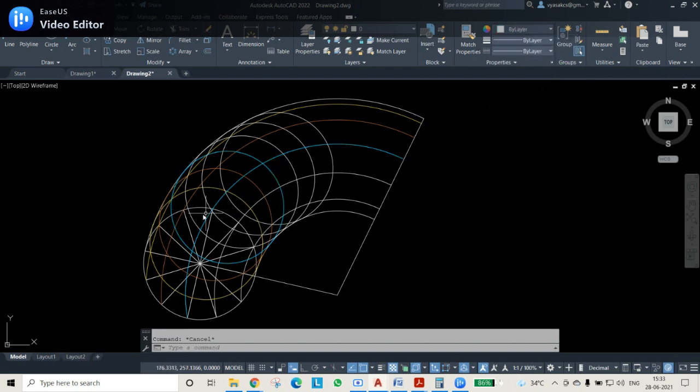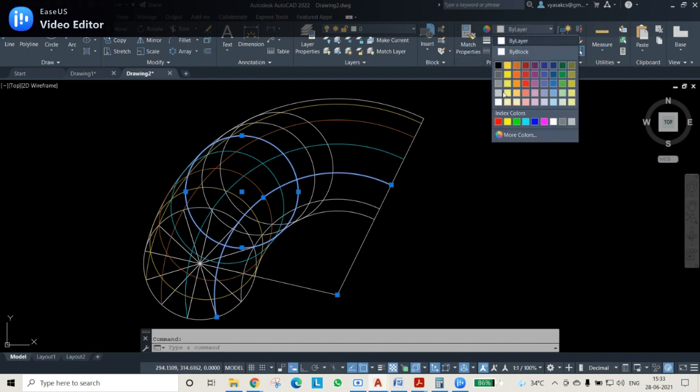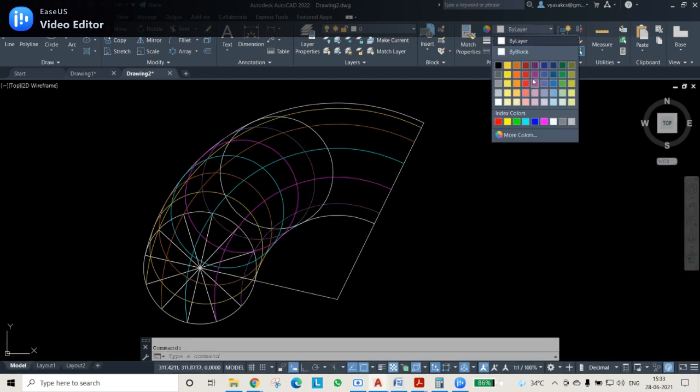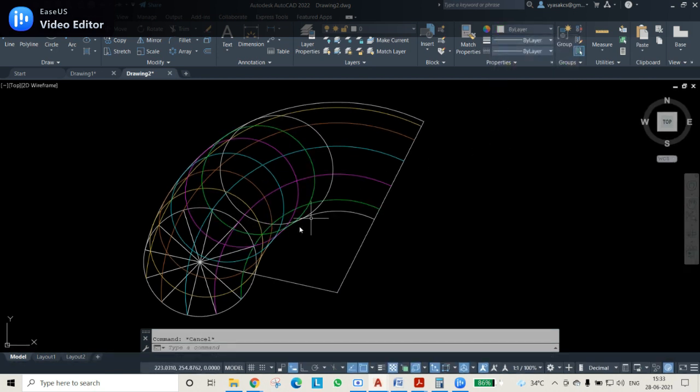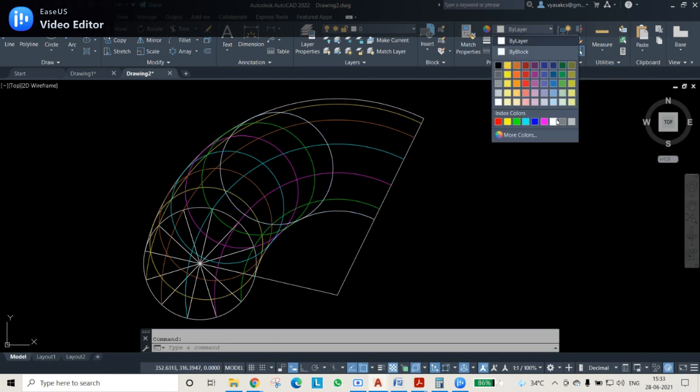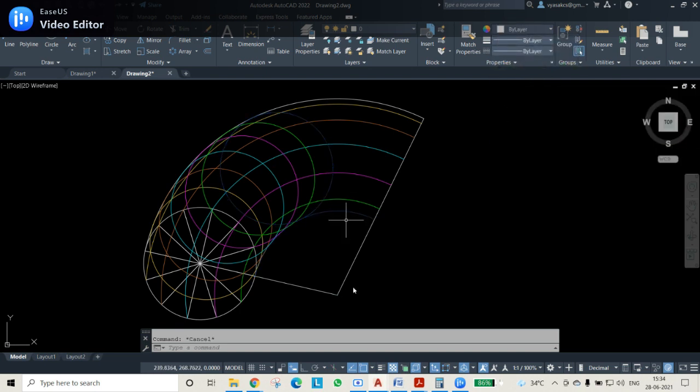Fourth circle and fourth line, fifth circle and fifth line, and similarly sixth circle and sixth line will each get a separate color. I'll give a dark blue color like this.